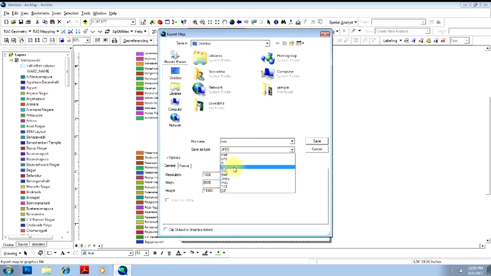The next one would be PDF, the next most commonly used format. I'll keep it as JPEG. And if you click save, it will be saved in an A4 size format, almost like A4. Say you want to print a bigger map, A0 size. You have to change your width and height here. You can change as you want. You make it 85,000, you add zeros here, and you can change the resolution also.